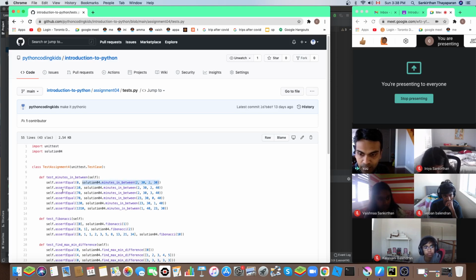So I write these asserts in my function. The only responsibility of this function is to test my minutes in between function. I'm just calling the function and making sure that the returned result is equal to the expected result. That's what this assert does. It checks whether these two are equal. If they're not, it'll warn us when we run this. So if we go and, for example,